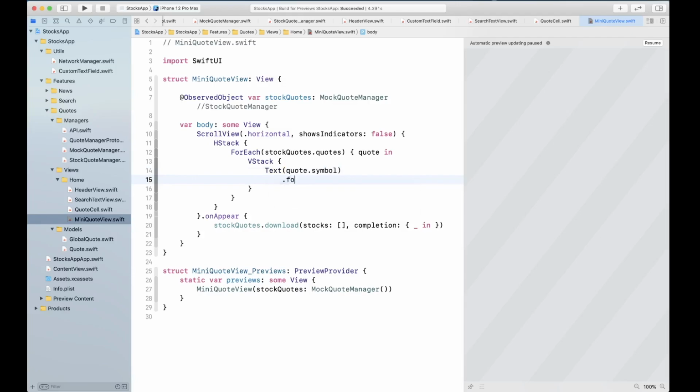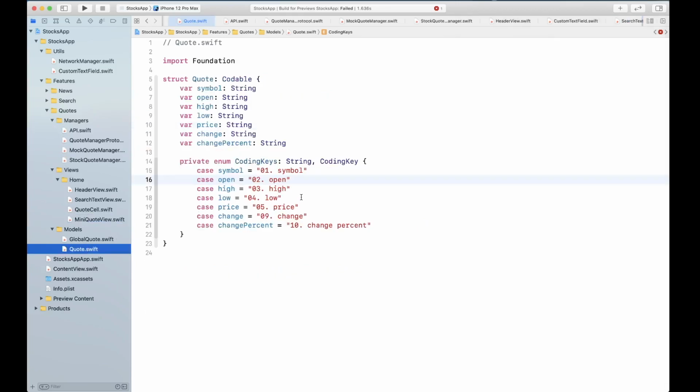All right, gonna give it a font, subheadline. Okay, so let's check out if our quote model is conforming to Identifiable or not. So it is not conforming to Identifiable.